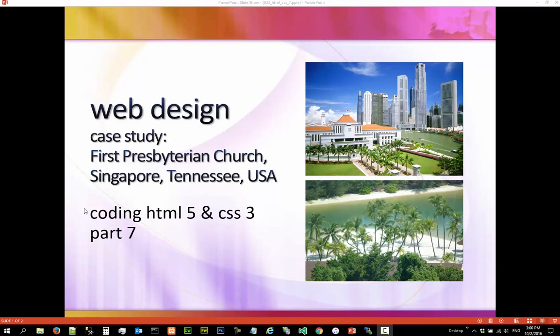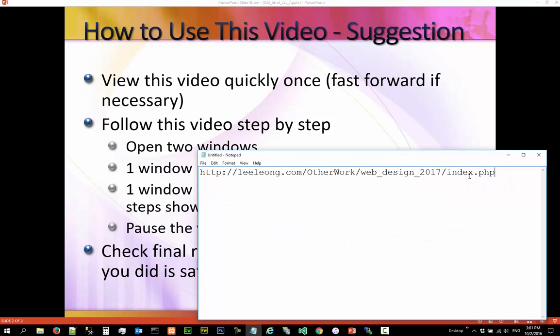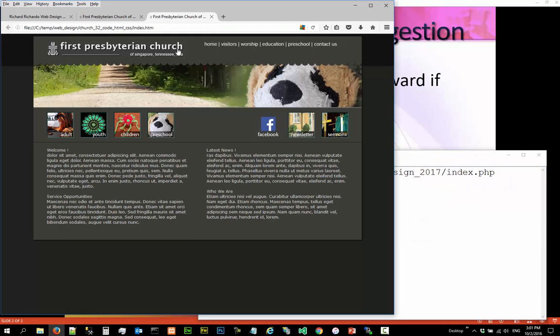Hi, in this video we're going to continue the HTML and CSS coding for the website prototype. This is a list of suggestions how you should use this video. The notes for this video can be found at this URL, which is loaded